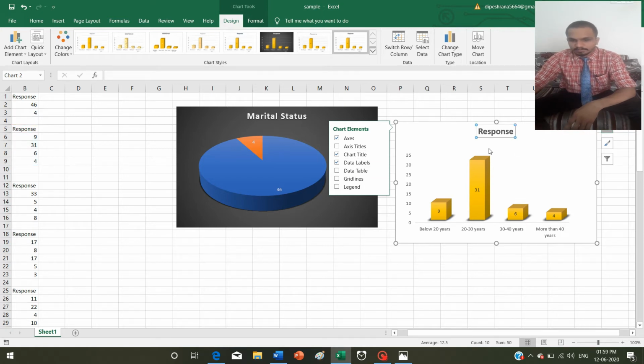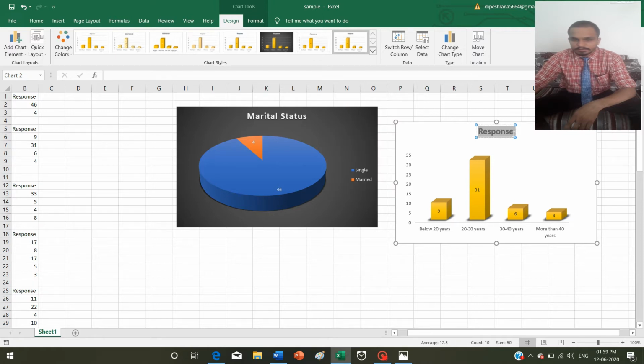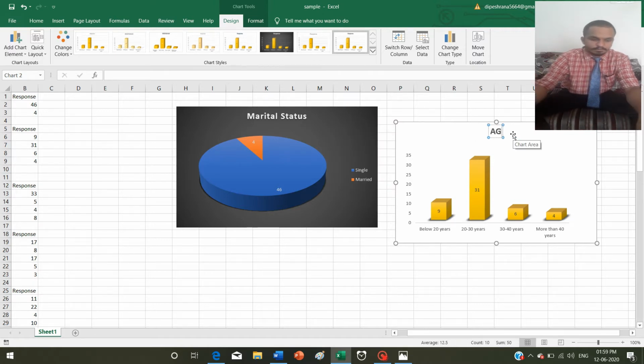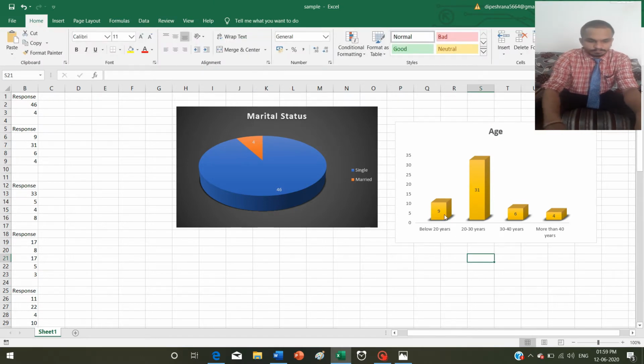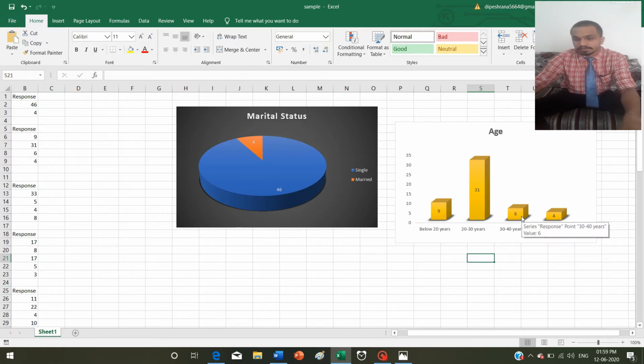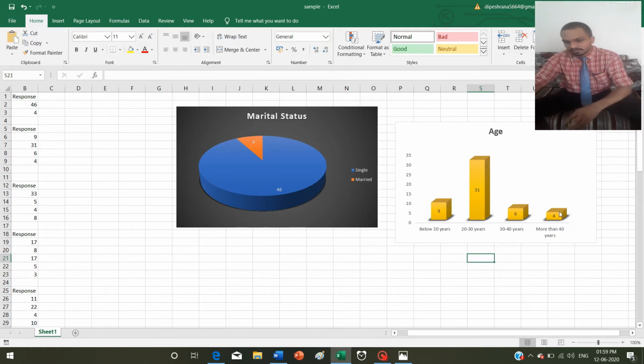And this is my responses for ages. So about 9 responses were below 20 years, about 31 responses were 20 to 30 years, 6 responses show that they were aged 30 to 40 years, and 4 responses show that they were more than 40 years.